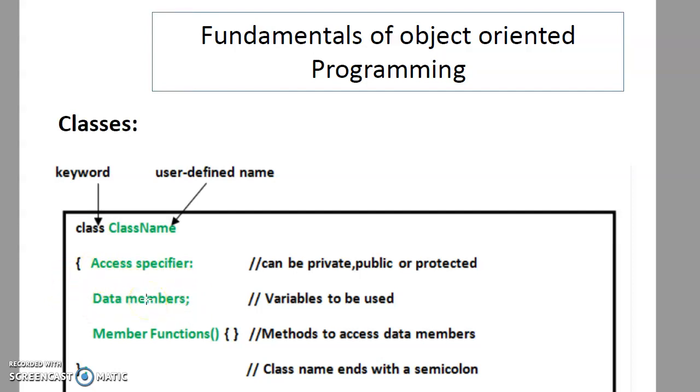When the private access specifier is used, it means that variables cannot be used outside the class. If it is protected, it can be used only in the derived, inherited classes. And if it is public, it can be used in the outside world. We'll discuss those when we see the access specifiers. The data members are the variables in the class. Then you have member functions, which are the methods declared within the class. Finally, when the closing curly bracket of the class is given, you have to give a semicolon. So this is the basic structure of how a class is given.